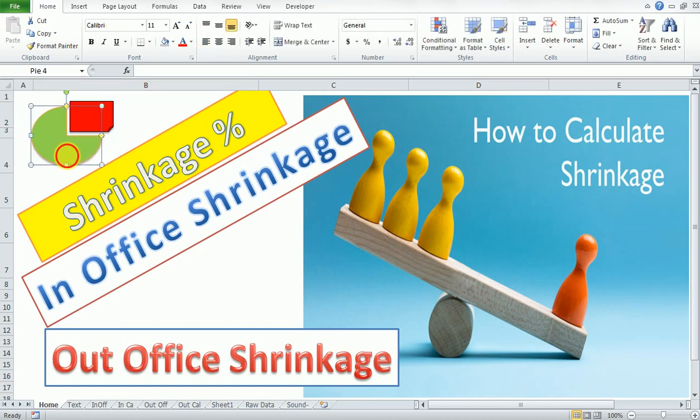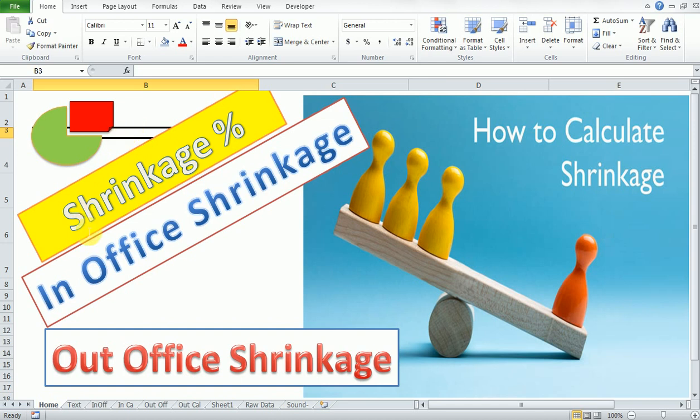You can see the outline, it is an effect of redness in the borderline of this circle. So you can see the little absent people, the uninformed people who are not available in real time when we were in need of those people, they have affected our overall process, overall business. So the calculation for this type of report making is called shrinkage.